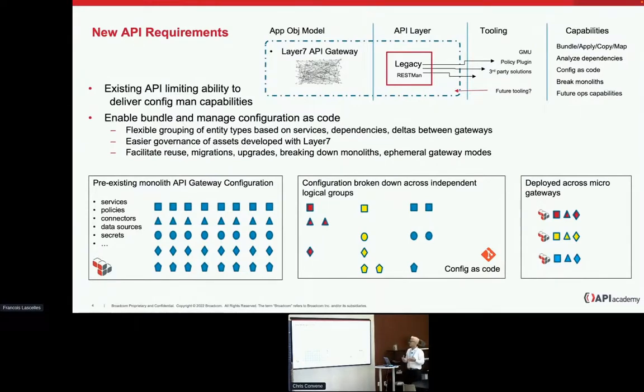We need to be able to analyze dependencies, but also the deltas between different gateways. Customers go through revision history, so basically you've got last week's configuration versus the one that you're about to deploy to staging, and you need to figure out what is the delta between them. So in general, it's easier governance of assets developed with Layer 7, and also allowing customers to break those monoliths,